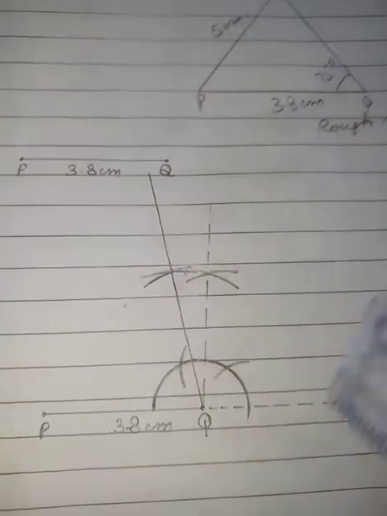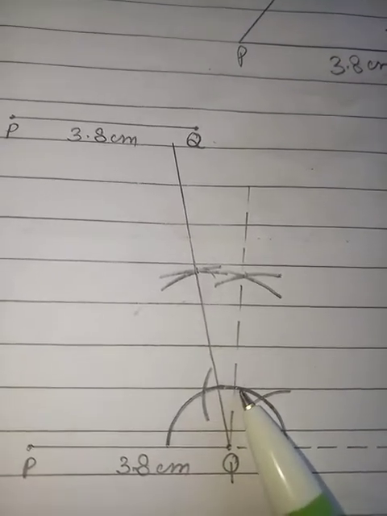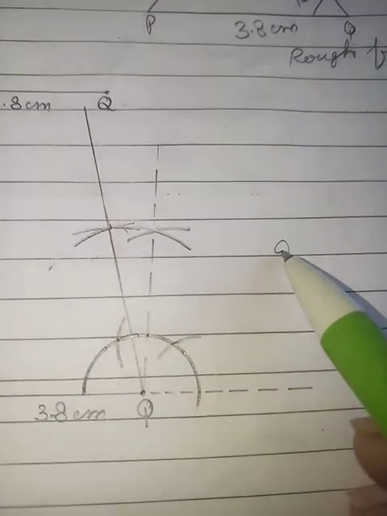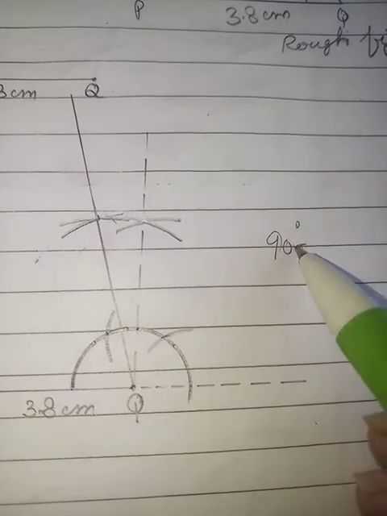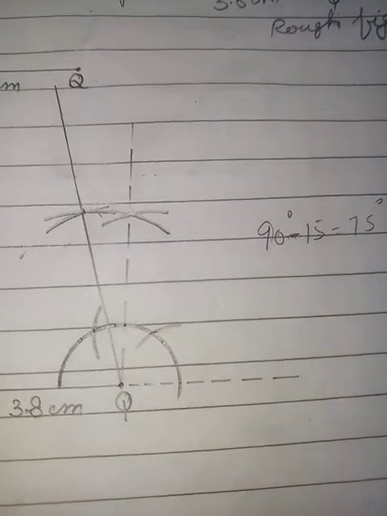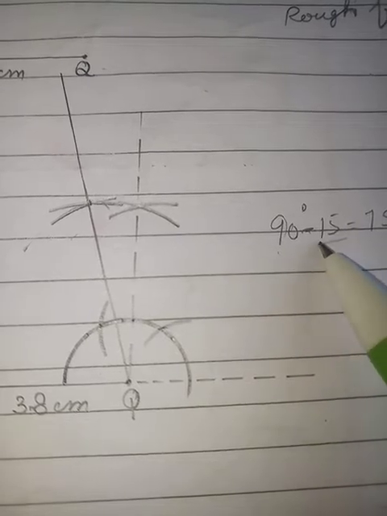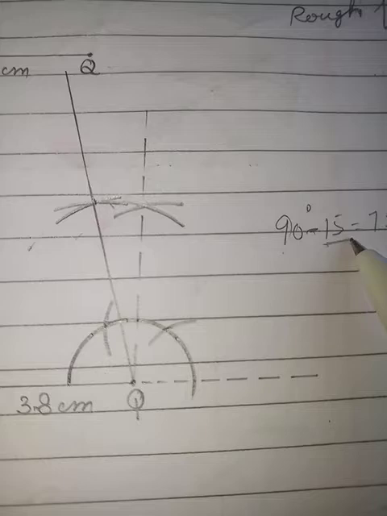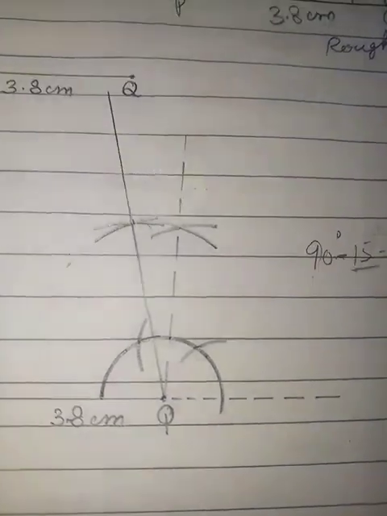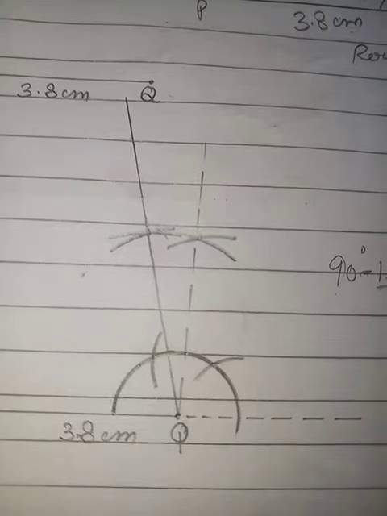How to construct? So first of all, for making the 75 degree angle we need to construct the angle that is of 90 degree. Okay, clear? So one minute, listen. So 90 degree, if we can subtract 15 from it, then we will be able to get a 75 degree. So what we need to do, we need to firstly construct the angle of 90 degree, then from that we will take out 15 degree. Okay, 15 degree we will take out, then the rest remaining part will be 75 degree. Okay, so for that first of all, as you already know how to construct the angle of 90 degree, same procedure we will follow.